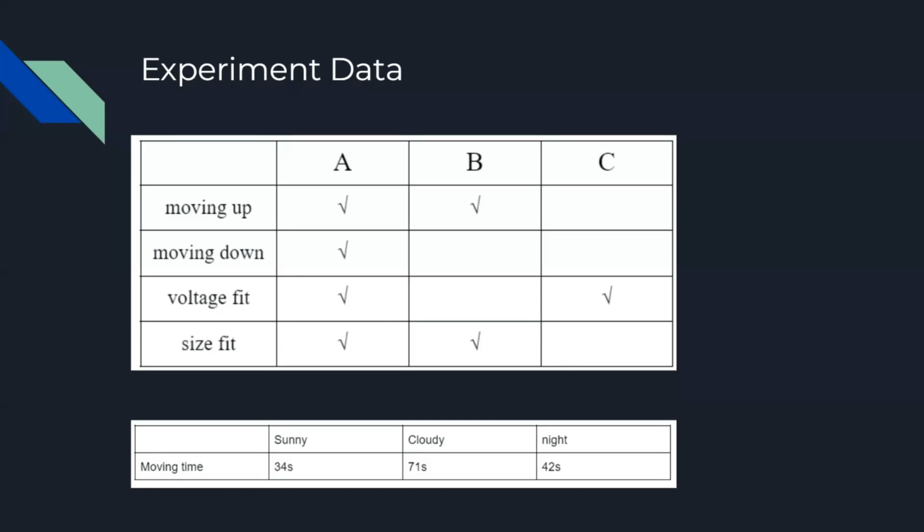I researched and experimented with several different motors, and I chose a reduction stepper motor of 5 VDC for data A, and a reduction stepper motor of 12 VDC for experiment B, and